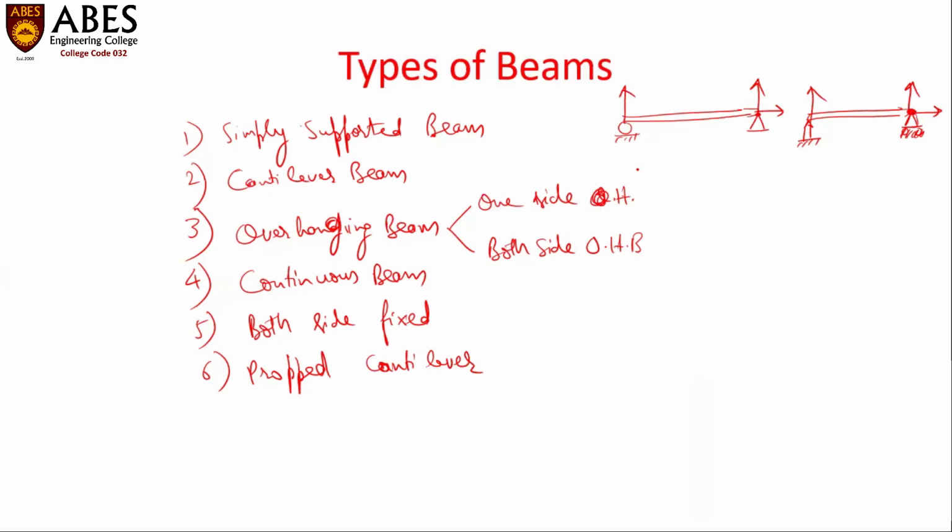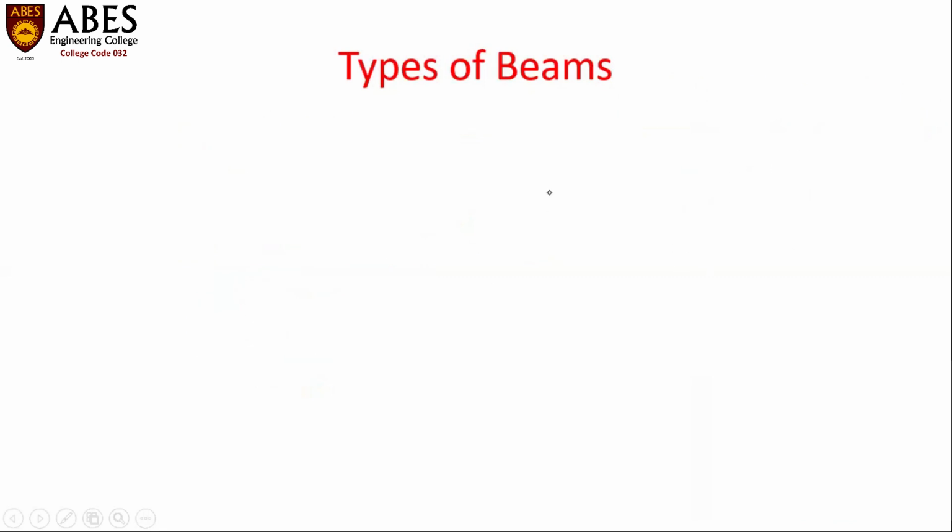In case of cantilever beam, one of the ends is kept fixed and the other end is kept free under the action of different types of forces. So this type of beam is called a cantilever beam when one of the ends is fixed and the other end is kept free. In case of overhanging beam,